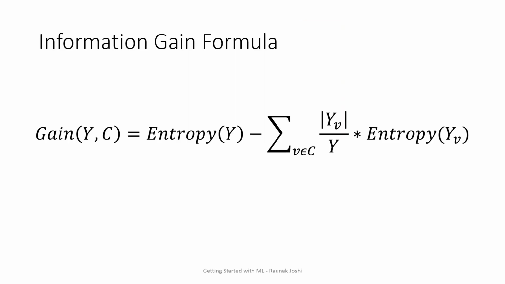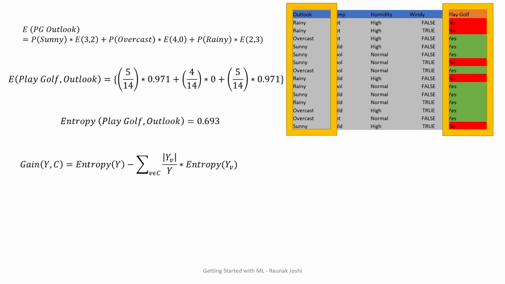So this is the formula for information gain. Quite an overwhelming formula if you are not inclined towards math, but let me tell you, it is one of the easiest equations. Consider the entropy that we got with respect to playing golf and the outlook. The entropy of PG with outlook has 3 unique values, which are sunny, overcast, and rainy, and we calculate that using the equation I taught you in the last tutorial, and we get the entropy.